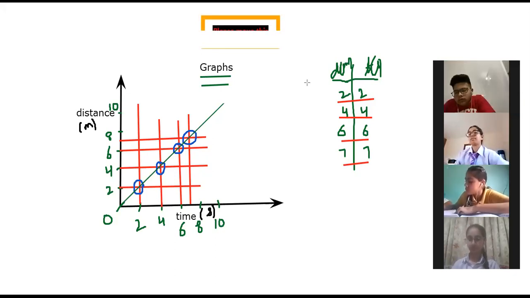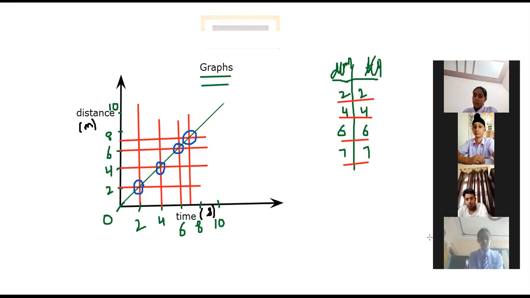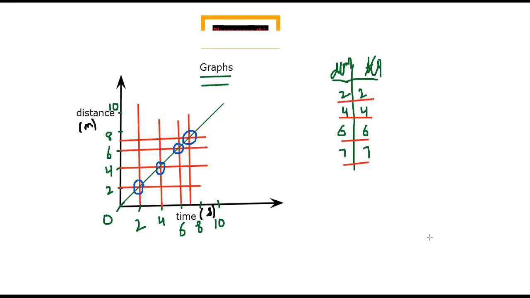अच्छा, अगर curved line होगी, means very good, Manpreet. If it is a curved line, it means you have the non-uniform motion. If it is a straight line, you will be having the uniform motion. Good, Noor, is it okay, beta? Is it clear to you? Are you able to understand the graph? Just say yes or no. Or you can give a thumbs up to me.